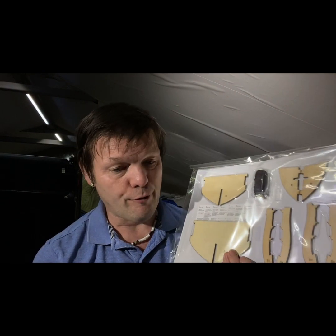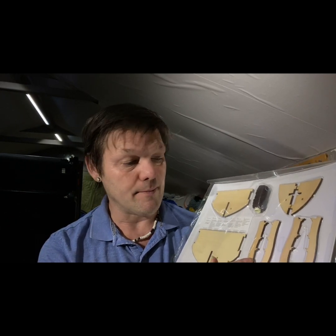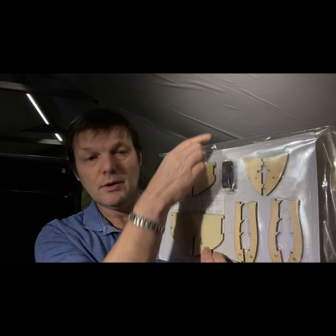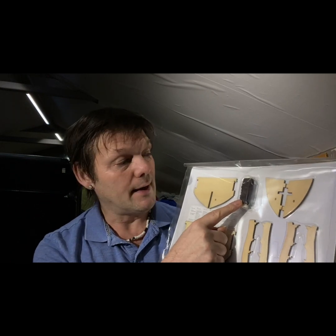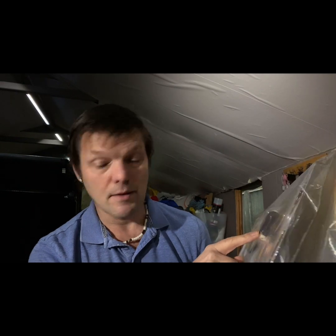So you got rib frame 5 and 6, those two there, and then you also get the rib frames, or these sections here, which will fit into that, so it gives you the height that you need for each of those frames. You also get some thread, which I believe is a brown thread, 0.6 millimeters,